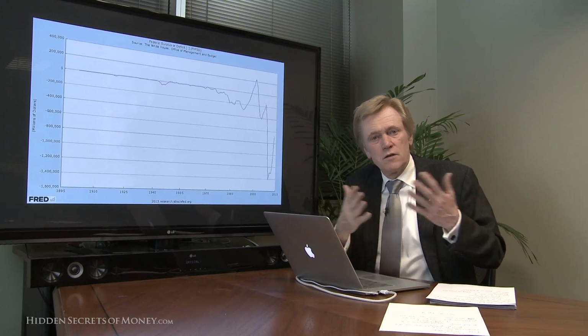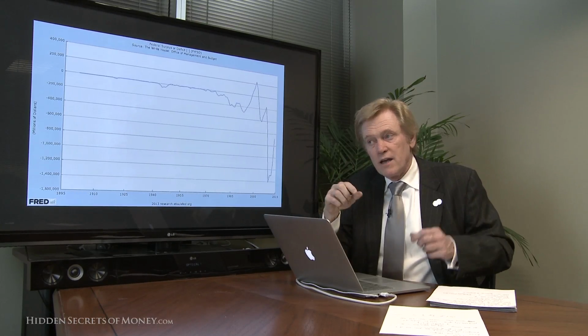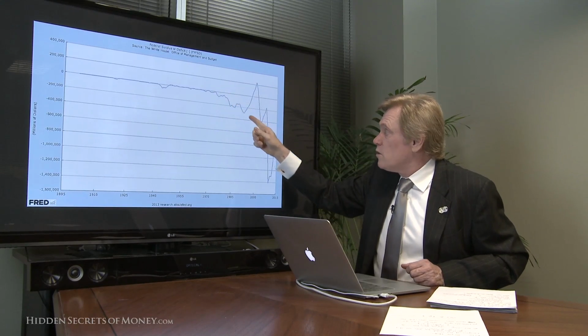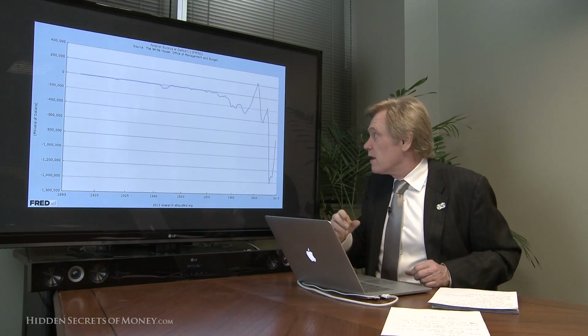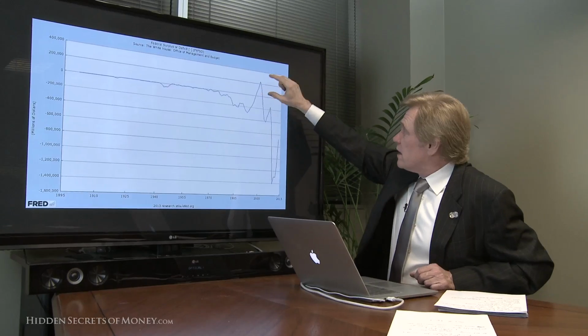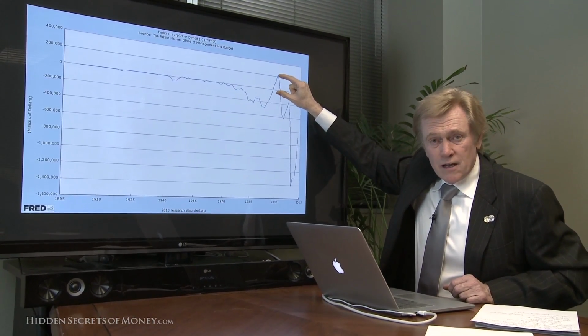It doesn't have to be gold, it could be Bitcoin or anything else that governments can't expand at will. This could only persist because we left gold. Otherwise, it would have to balance out. And then we've got this supposed surplus here. This didn't actually exist. It's just an accounting lie